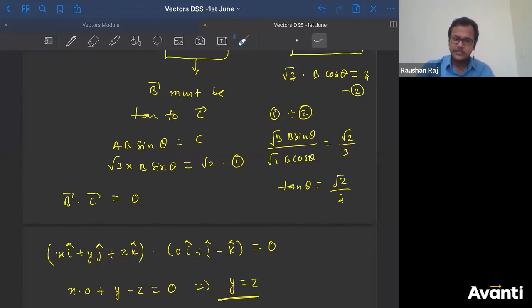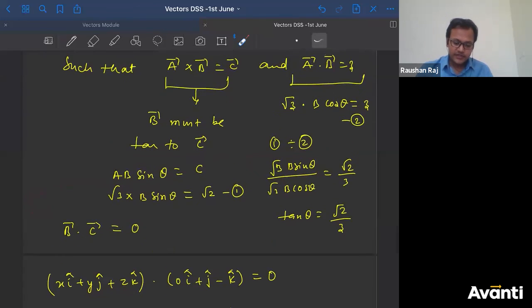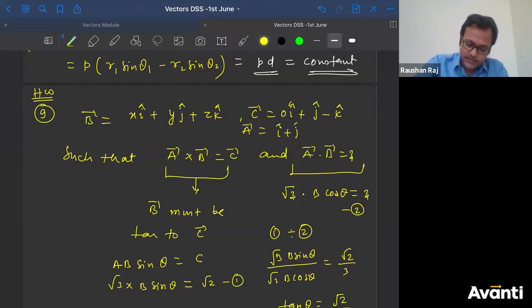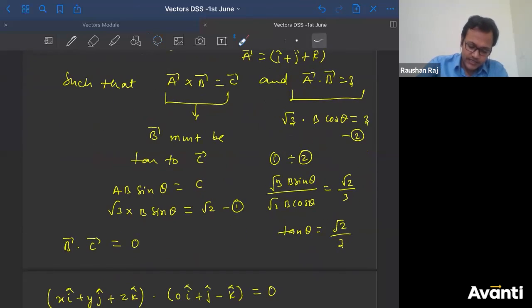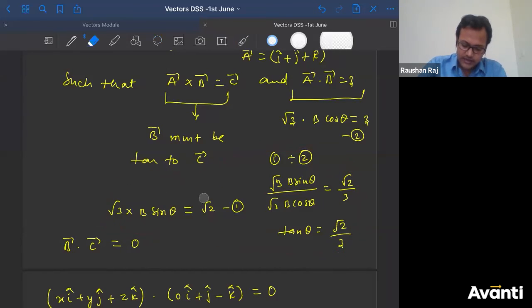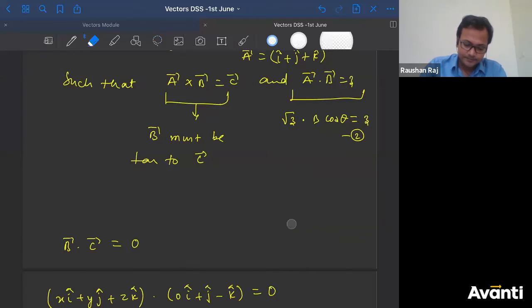It's a simple thing. Whatever conditions are given to us, we have to use them. I have used this relation. Did I use this part? No. So we have to use those parts, right? So now find A dot B. What is A vector? A vector is given to us in the equation as i cap plus j cap plus k cap. Guys, these things are not the solution. I only told you that these questions can be asked to you. If they ask you the angle between A and B, you should do it like that. Okay, let's move ahead.